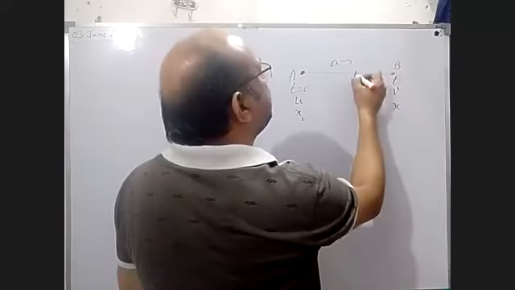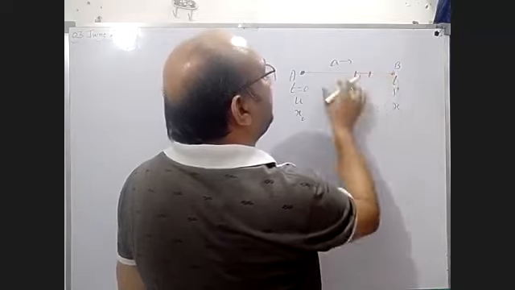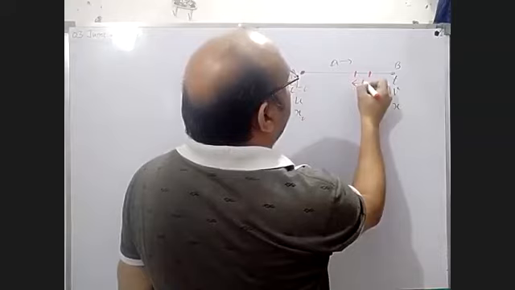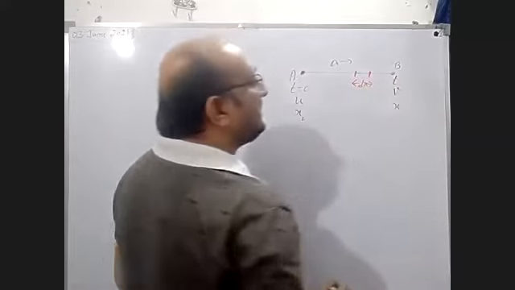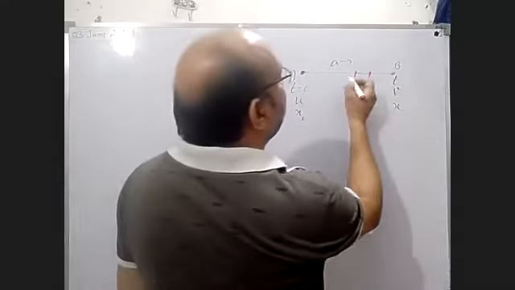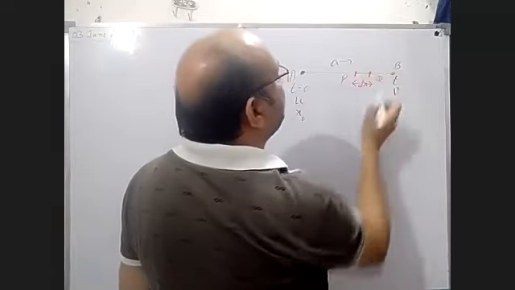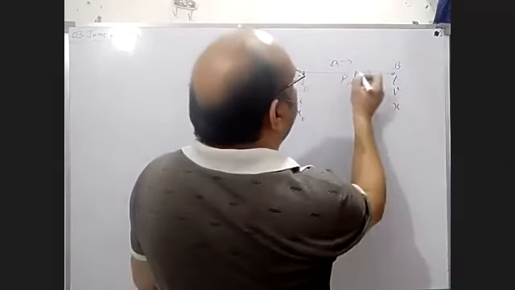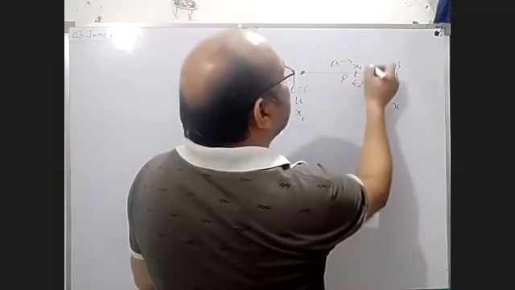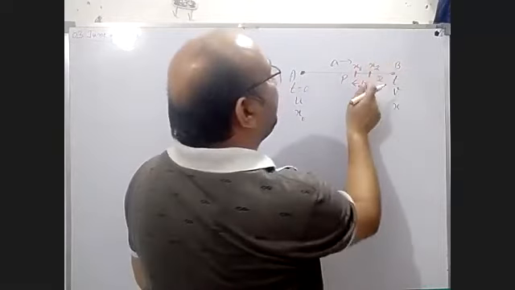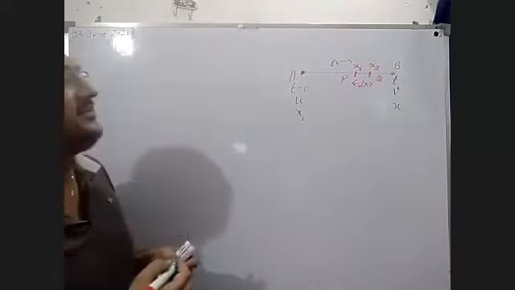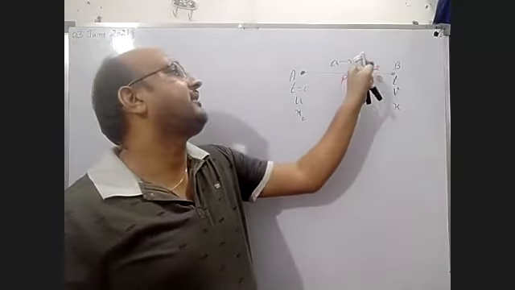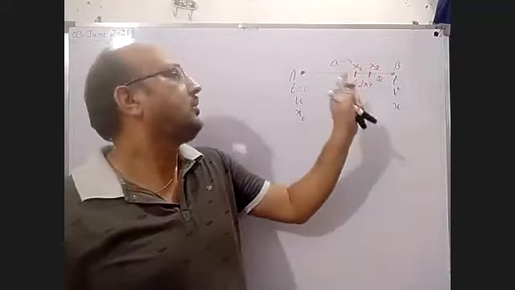Anywhere you can take this. Suppose this is a very, very small part of this distance. Now what is this distance? It is dx. How can you take this value? Suppose this is point P, this is point Q. At those points the positions will be x1 and x2, and their difference is dx. If we are talking about only PQ, then the limit will be x1 to x2, dx.